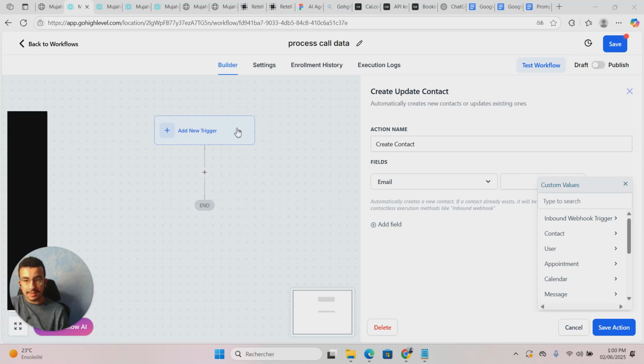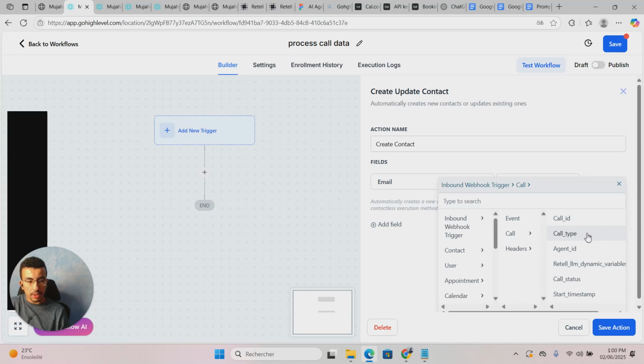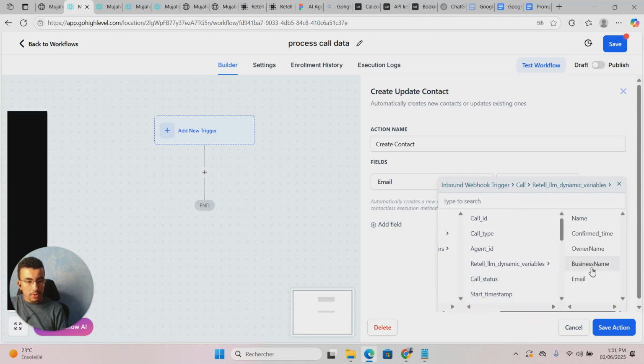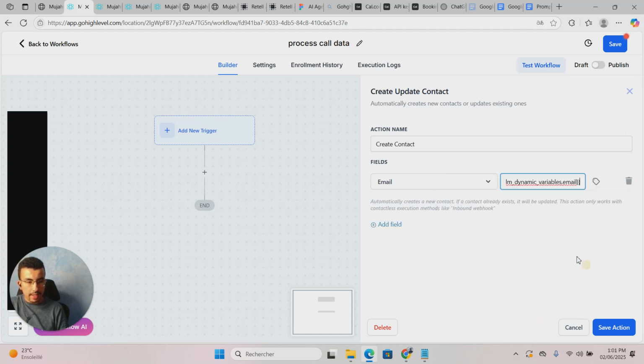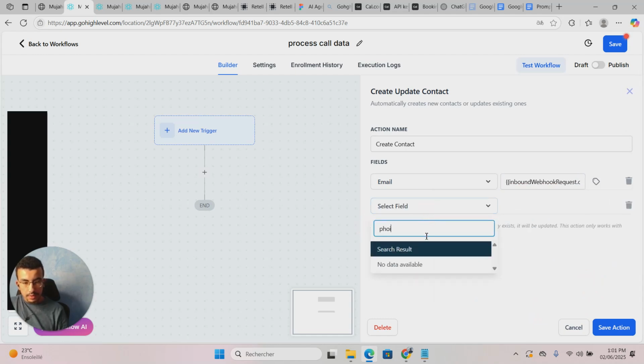From the data that is sent to that webhook URL, we will be able to retrieve the email of the contact. We can go to the call RETELL LLM dynamic variables. If you remember, when we send the data to RETELL, we send it in the RETELL LLM dynamic variables, and we will go and choose the, let's say, the email. Yes. Okay, for the phone number,